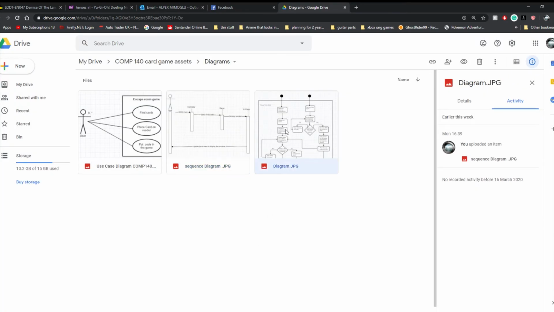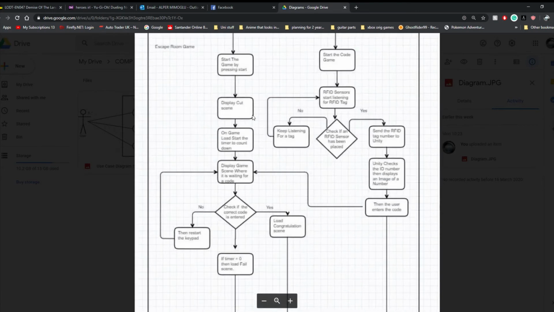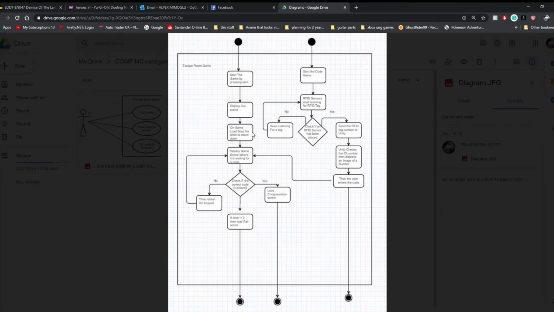And this is my last diagram. I forgot what this was called. You can see I have two dots because these are two different games, but they're linked, as you can see here. Let me zoom in a bit so you can see. I called my game the escape room game, so pretty much the first game starts, displays the cutscene, loads the game with a countdown timer, which is displayed,